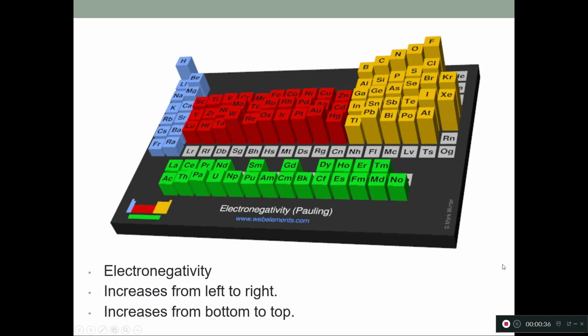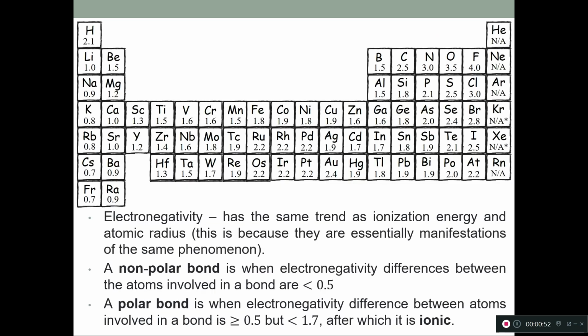So remember, electronegativity is one of our periodic trends, where it's going to increase as we go from left to right, and it's going to increase as we go from bottom to top. And so fluorine is actually going to be the most electronegative atom on the periodic table. People have actually come up with ways of putting numbers to these, and so you can look at the